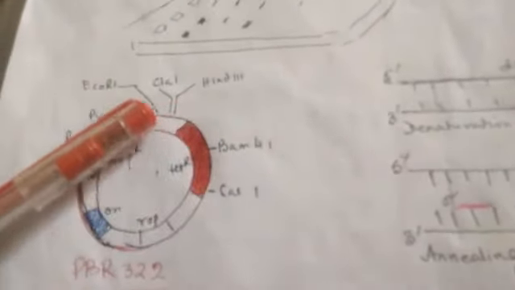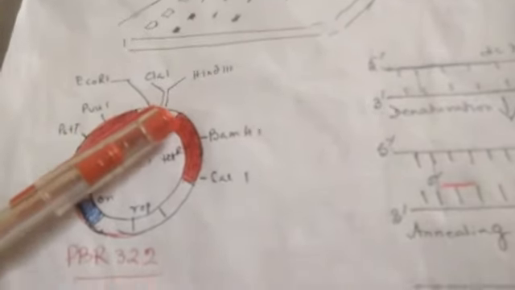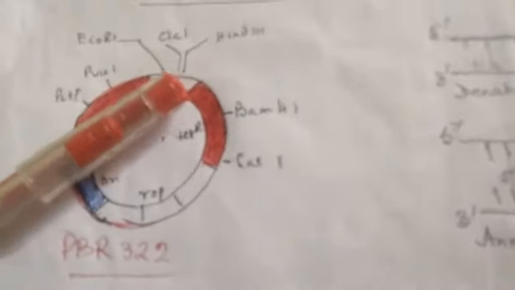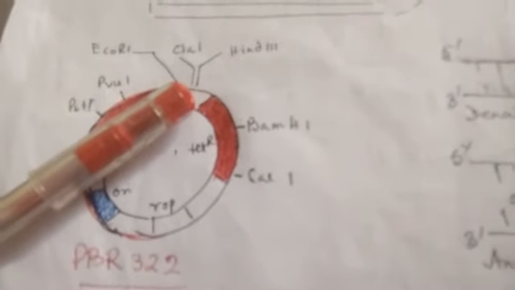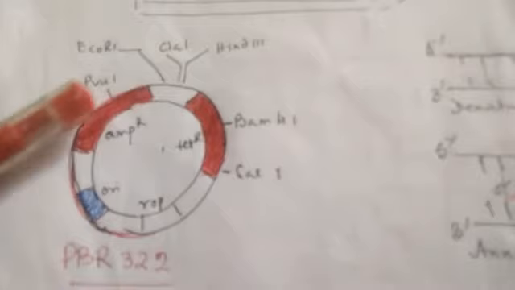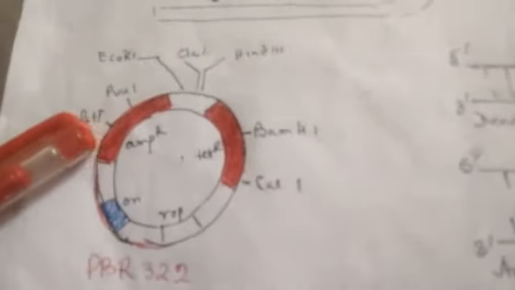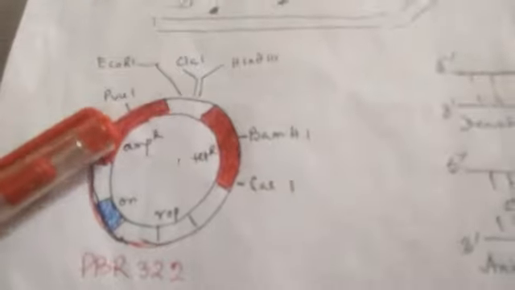So suppose this is BamH1. This is the site where we find that particular set of sequences on which BamH1 will act. Or suppose this is EcoR1. Here we will find that particular set of sequence like GAATTC, so that EcoR1 can act on it. Clear? Or CTTAAG. Likewise, all these restriction enzymes have their particular recognition site in the regions which are marked by them.